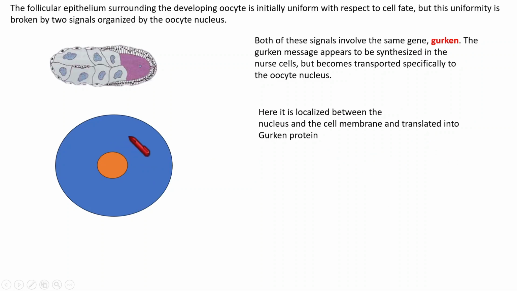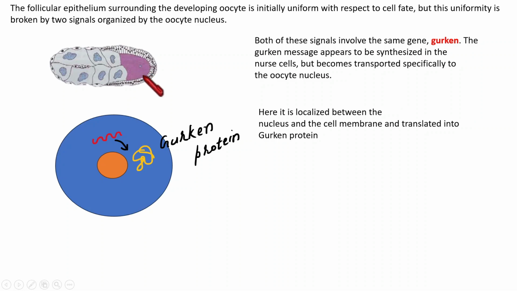And that means inside the cytoplasm. Okay. And it gets translated to the Gurken protein. Clear? So, as the oocyte precursor forms here, whatever mRNA is forming in the nurse cells can be transported to the oocyte precursor. Here we are mentioning the Gurken gene's mRNA product, and that mRNA is transported to the oocyte precursor, and